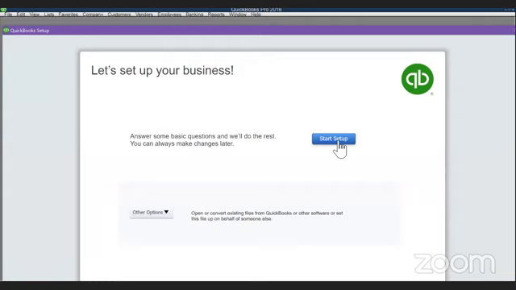Right. As I started before, QuickBooks is basically like an ERP system, but it doesn't match the entire ERP requirements. But in terms of financials, it covers about 80% of the entire requirement. So, like I said before, we are going to start up the business. In order to start up a business, first of all, you have to create the company file.